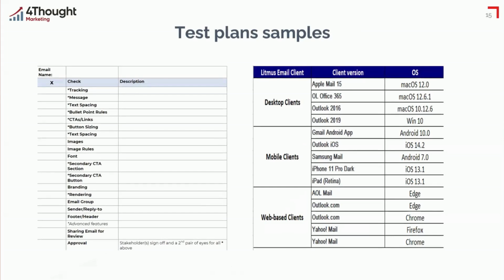And here's a test plan sample I wanted to share with you. So it's an example of an email checklist which you can create by yourself, knowing what email settings and email details you might require in your test plan. And here is the image used for Litmus email clients. So you can see that we have different clients with different OS versions. So make sure you are at least checking live on one of these, and with the help of Litmus or Email on Acid, you can check it for the other versions as well. So you can use the QA section in case